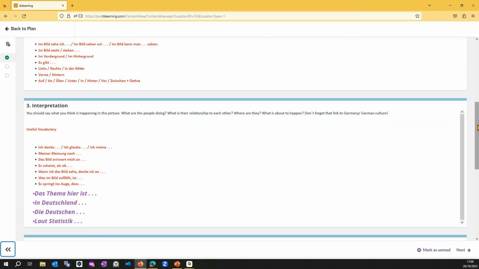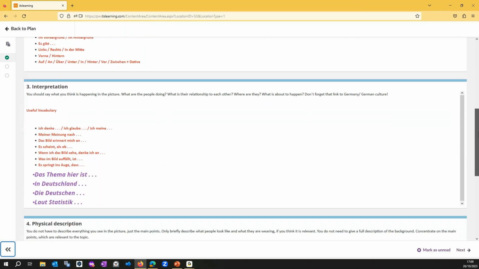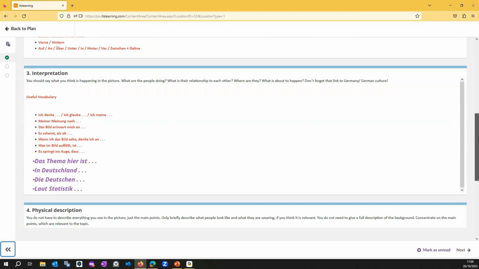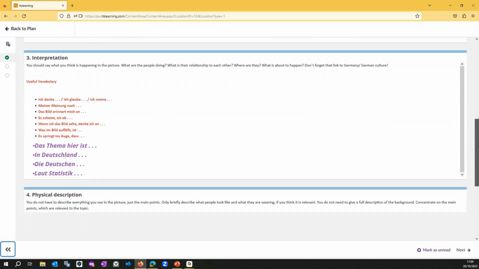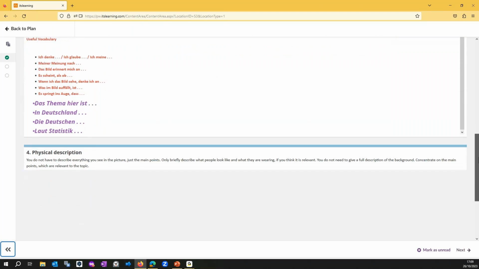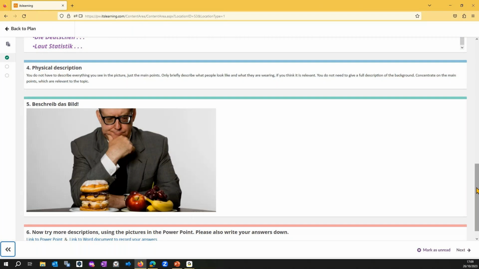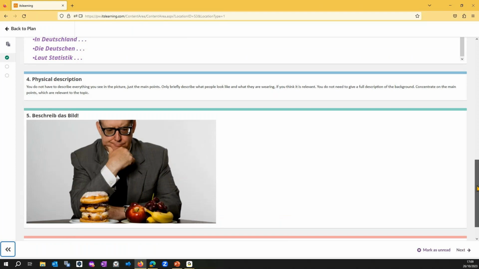So all of these things, these blocks here, these parts of this activity, I would say need to be practiced in the class. This vocabulary can be put into context. And lastly here we have a reminder of the task and then the picture itself. So here they're asked to describe the picture using the vocabulary that they've seen